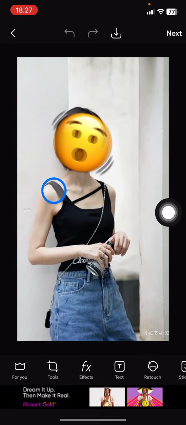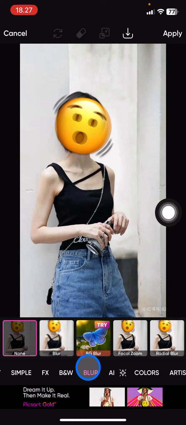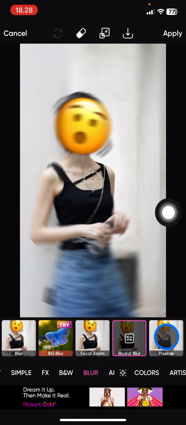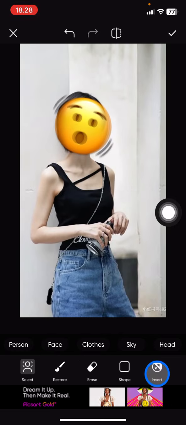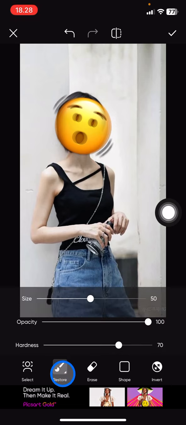The next thing you need to do is tap on effects and visit the blur option, and then click radial blur. On this side you just need to tap on these options and then tap on face. Or you can also do invert so that only this area is isolated, or you can also click restore and then swipe over the face or emoji